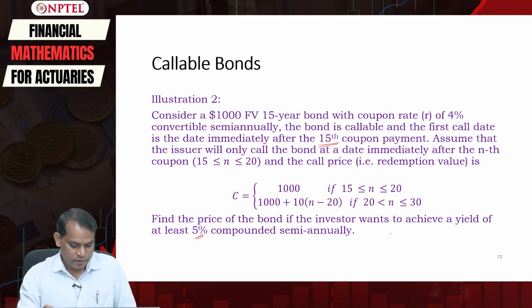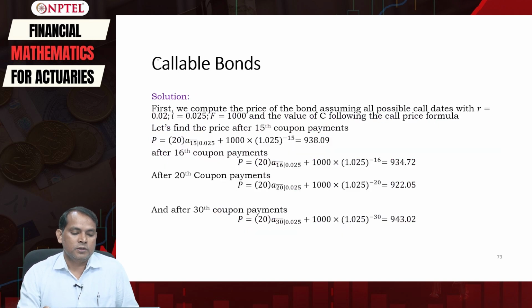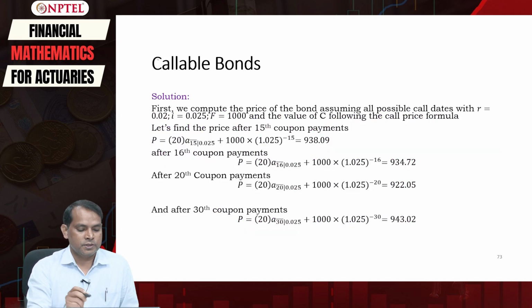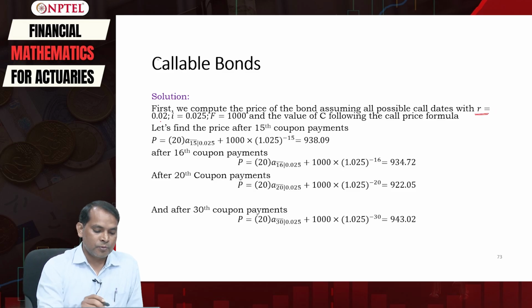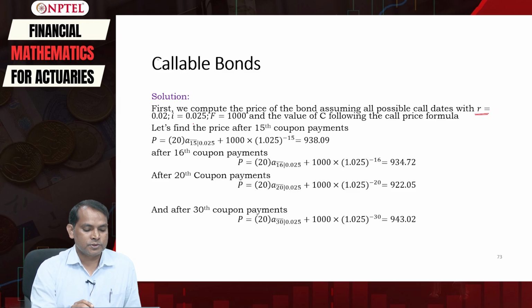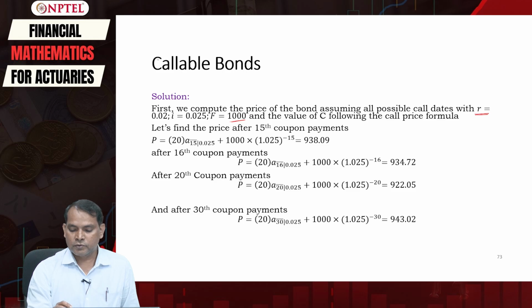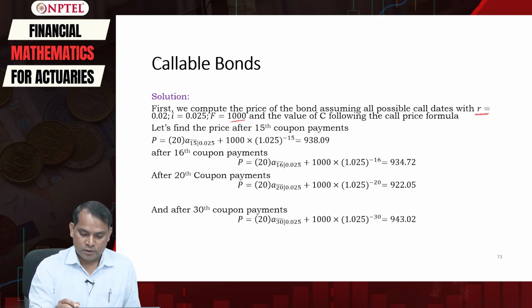compounded semi-annually. So let us have the solution here. First, we compute the price of the bond assuming all possible call dates, with r now 0.02 and i now 0.025, and the face value is given as 1000, and the value of C is the redemption value. Following the call price formula, we can now use the